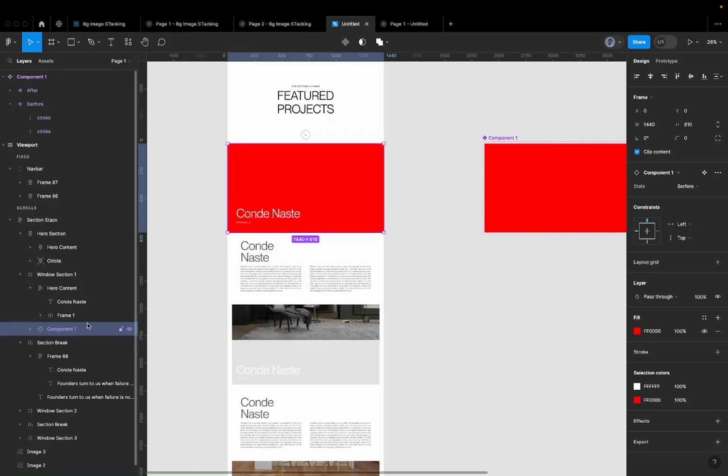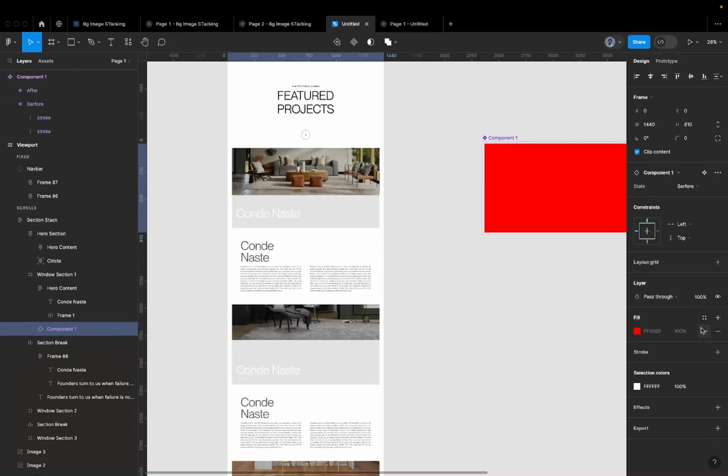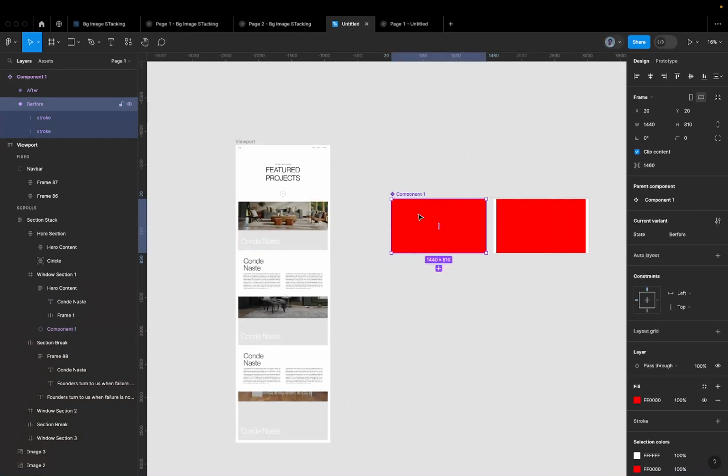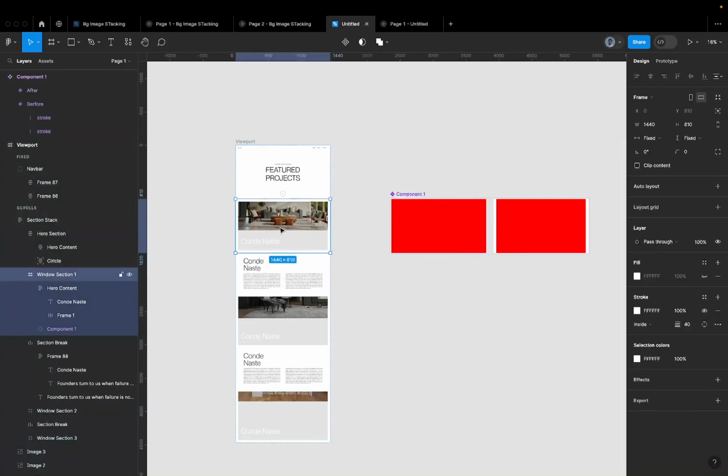So in this component, I want to then just turn off the fill. That's basically all you need to do, just turn off the fill, and that's all. You can leave it like this. Ideally, you can actually turn off the fill from the original components, but then you may not be able to see it as you keep copying and pasting around. So you want to be able to see where it is in the design, which is why I just turned it off in the actual